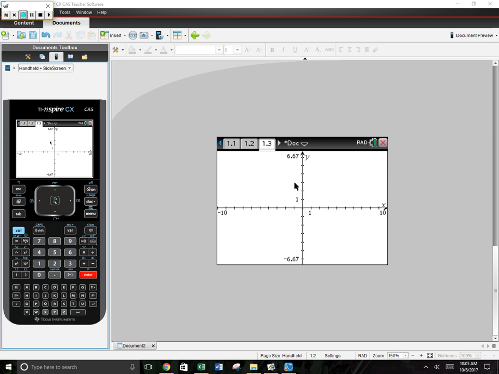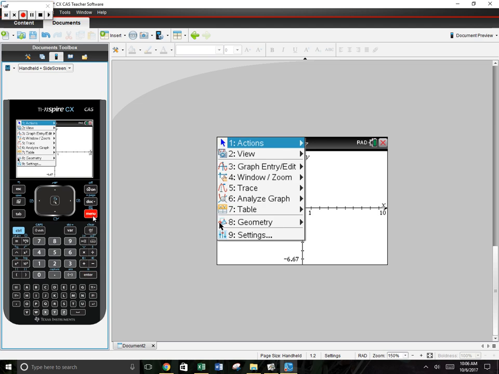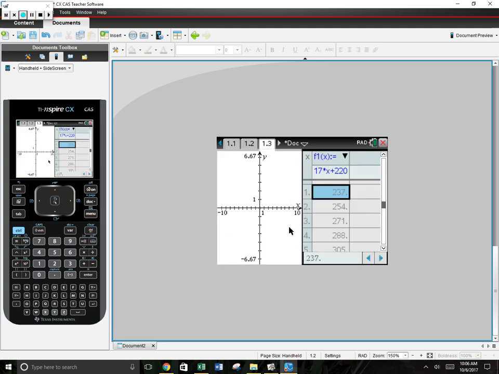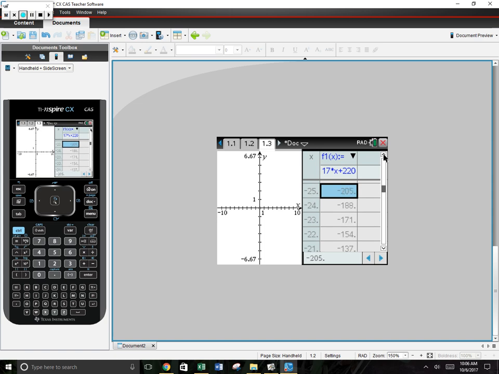So, okay, what I'm really interested in seeing is the table. So once I've got the function graphed, if I hit menu, and we want to look at the table, if we go number 7, I split the screen with the table. And now, your table, year 0 we had 220, then each year it's going to go up 17. So we can pick back here and kind of do what Haley did, or you can peek back